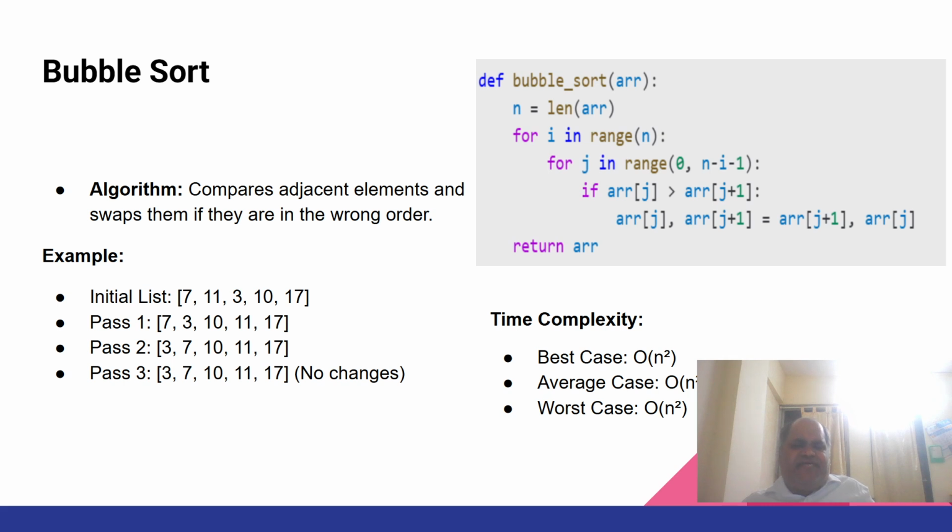Great. So as you know, there are two loops out here. Every time you are doing n-1 comparisons, so it goes like n into n-1. And as you know, if there is a single loop, complexity, you call it O(n). When there are two loops and all the loops are executed unconditionally, your complexity goes to O(n squared). Unfortunately, for bubble sort, you don't have a premature closure of it. It will keep comparing all the elements as it iterates through the loop. So its best case, average case, and worst case complexity,